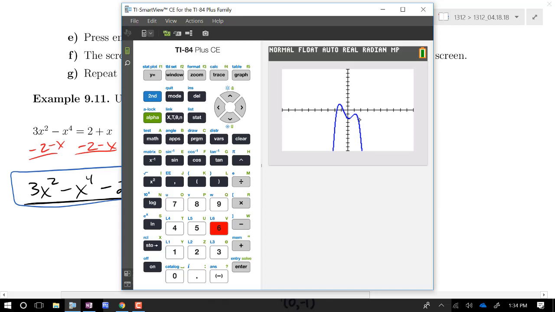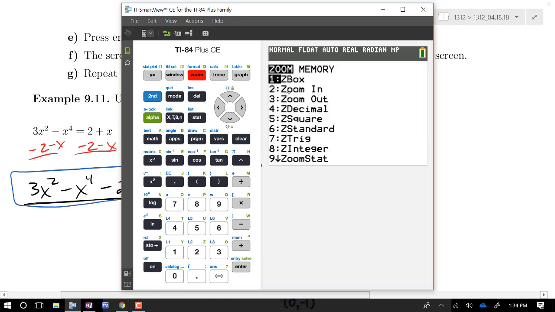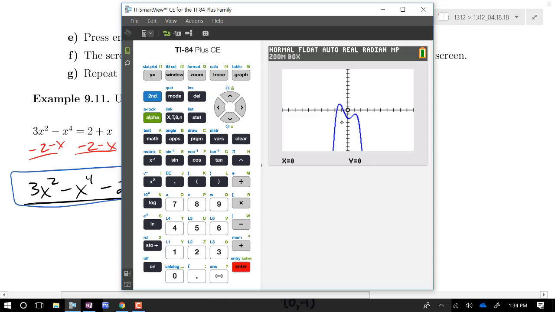I can sort of tell it looks like it crosses the x-axis twice in a couple of spots. I want to maybe zoom in just to get a nice close-up picture of this. And one option you have to zoom in, you can actually draw a box around the area that you want to zoom in on. So if you hit zoom 1, now you have this little blinking cursor, and what you do is